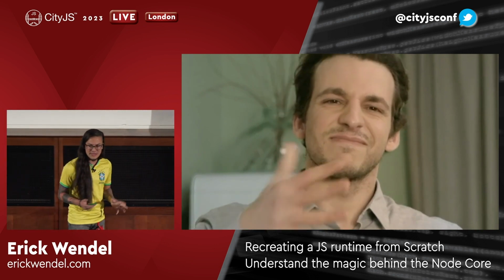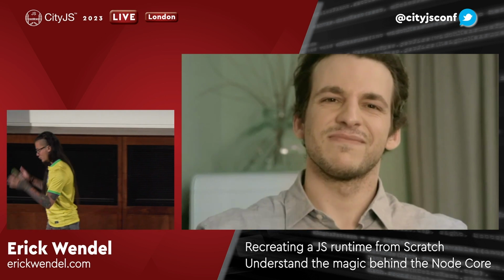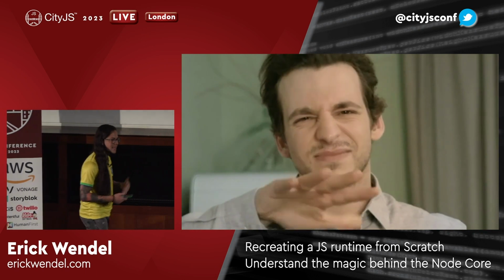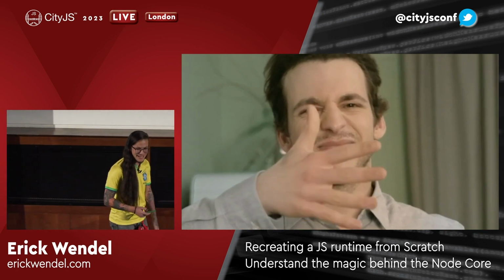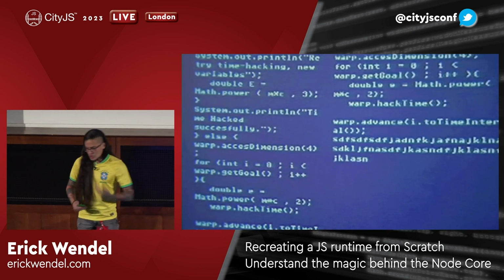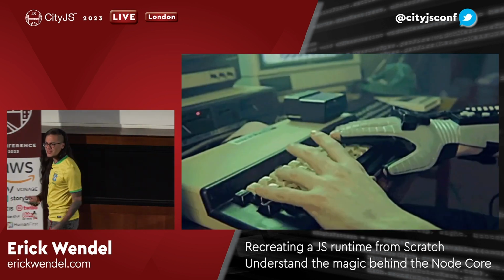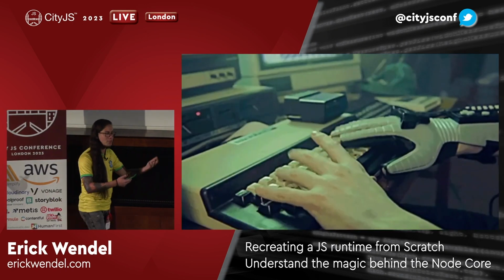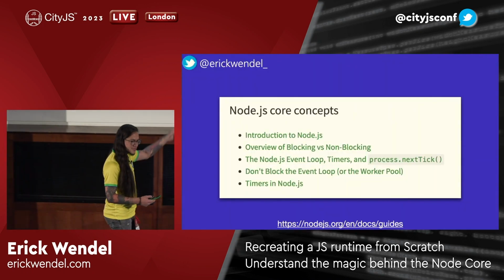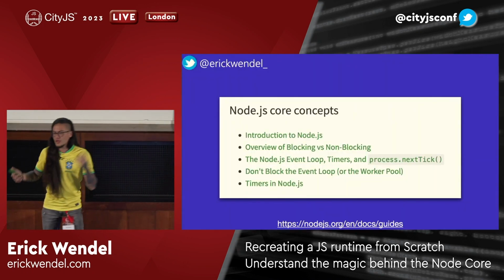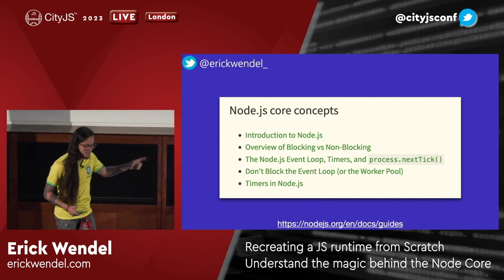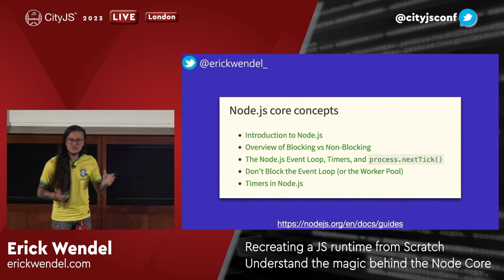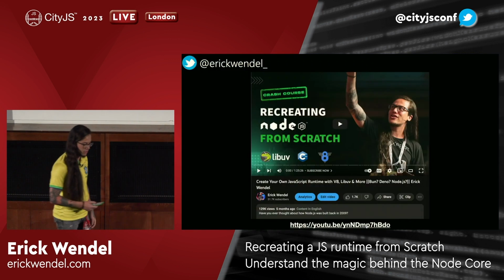All right? So I noticed that for me, the only way to really make sure that I learned is to create from scratch, without any libraries, any frameworks. It's kind of mad science, right? But for me, it's a good way. So I started researching. I found the V8 website. I found some ideas. But the best place to find out how people created it, how the first commit was, was looking at the docs, right? Looking at Node.js, and I found these very nice resources showing how the event loop timers were working, but it was all theory. I wanted to see how it actually worked behind the scenes.